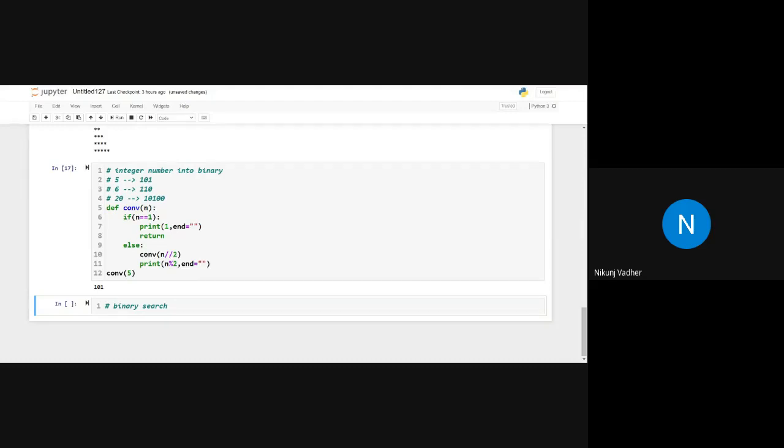Yes, so how can we implement binary search? There are two approaches, recursive and iterative.